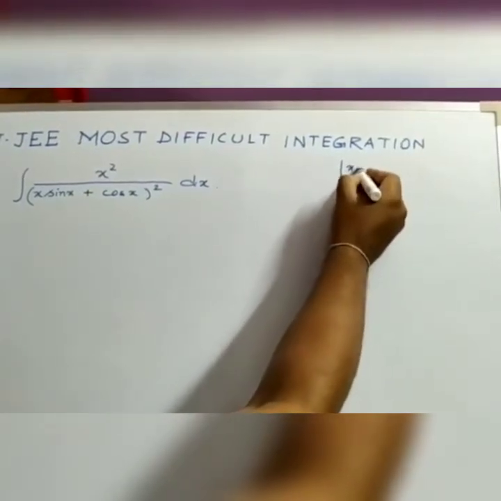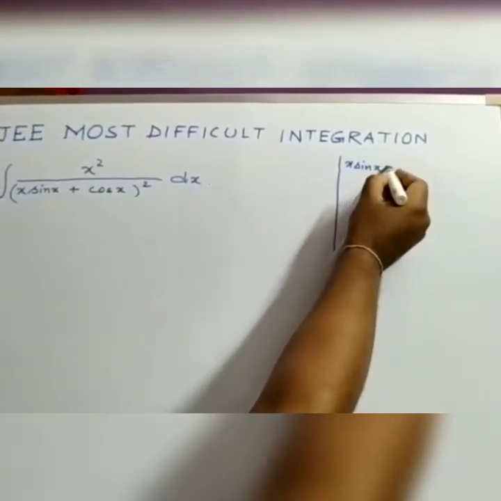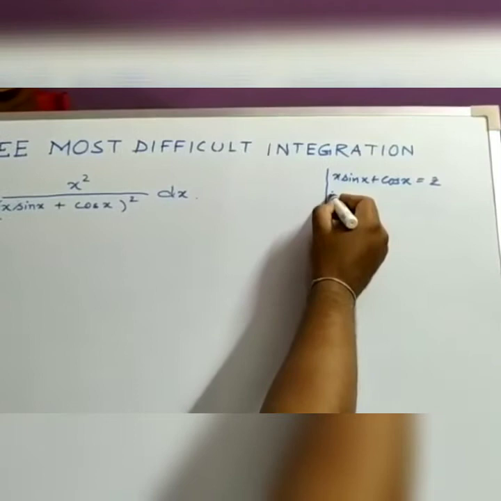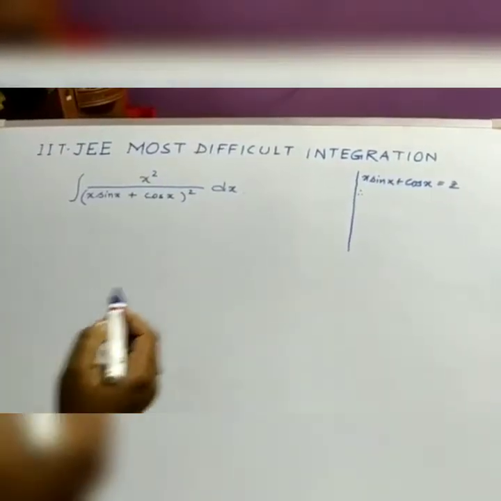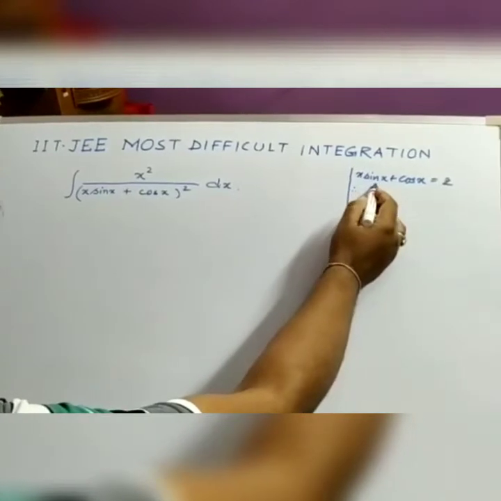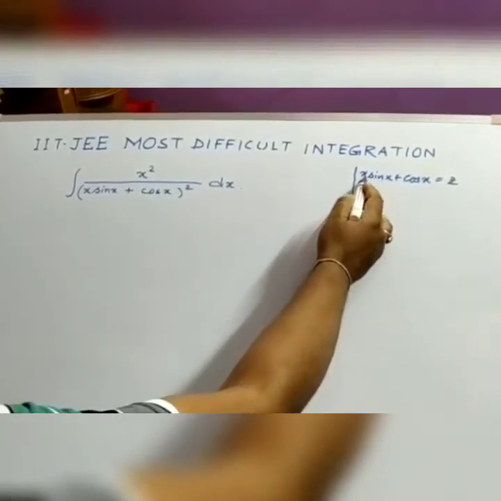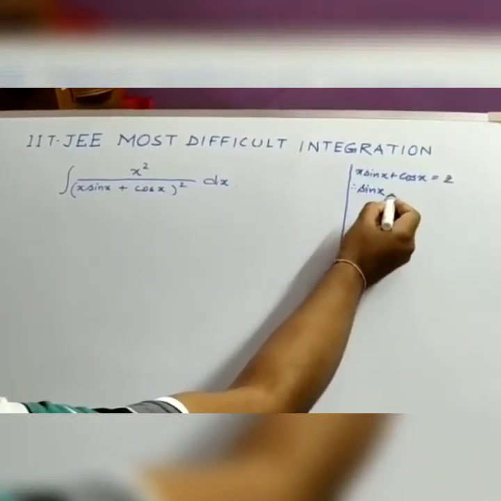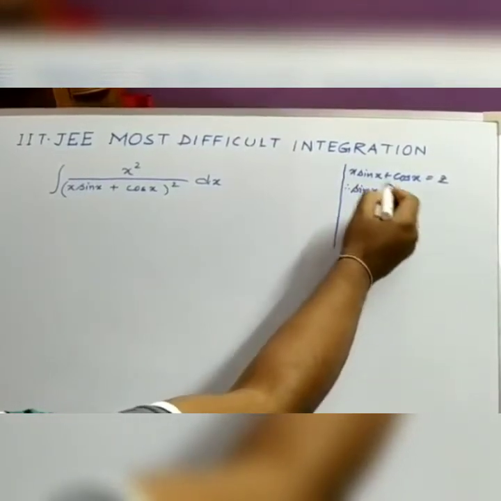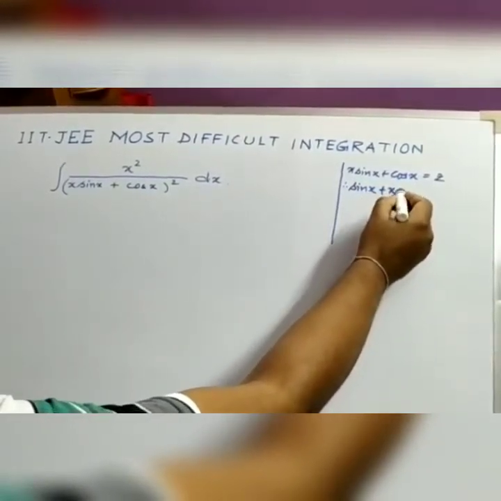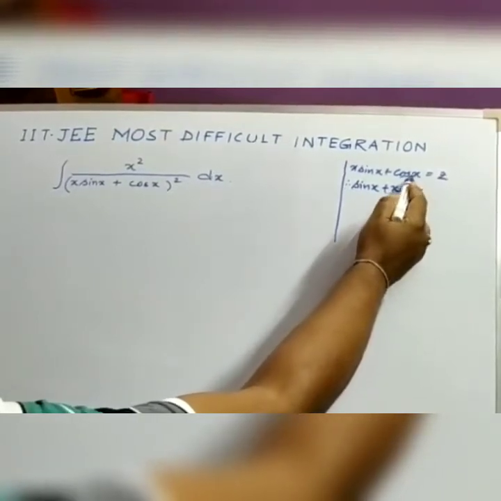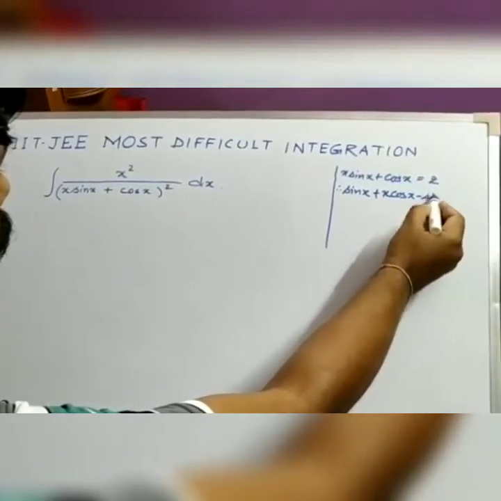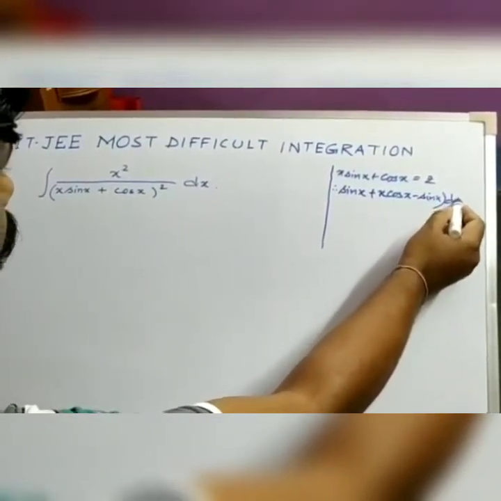Let us suppose x sin x plus cos x equals z. Therefore, the differentiation of this, it is a multiplication form. So if we take the differentiation of x, then sin x remains. So sin x into differentiation of x gives 1, plus now x remains and the differentiation of sin x gives cos x. Now the second part, cos x has the differentiation minus sin x, so it will become minus sin x dx equals dz.